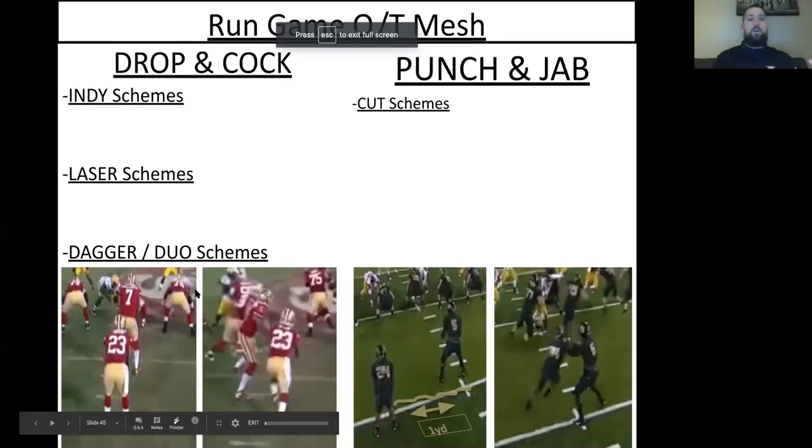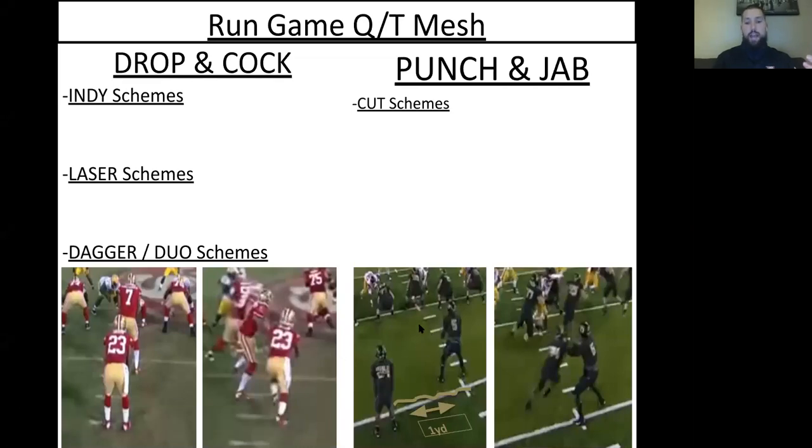Right here. So when we were pistoled up, right, we would drop and cock. Our quarterbacks would end up like this, cocked at an angle of the line of scrimmage, moved off the midline, giving the back his path. When we were running something across the face, we just call it punch and jab. And then if you're true, like if we're not going to be all the way across face, like outside zone or counter action out of this set that you can see down here at the bottom, right?